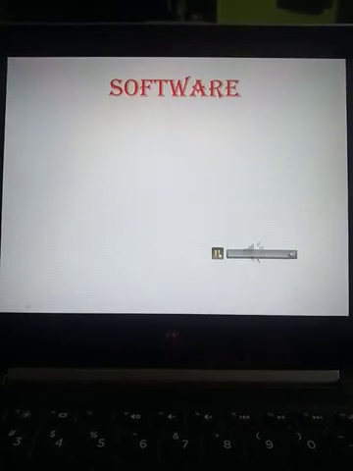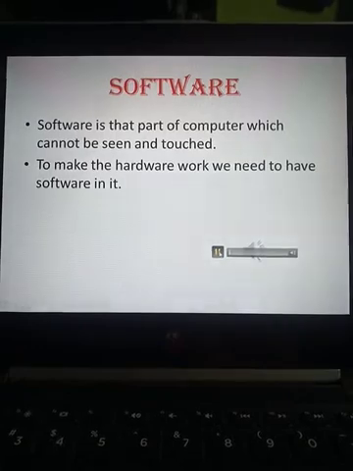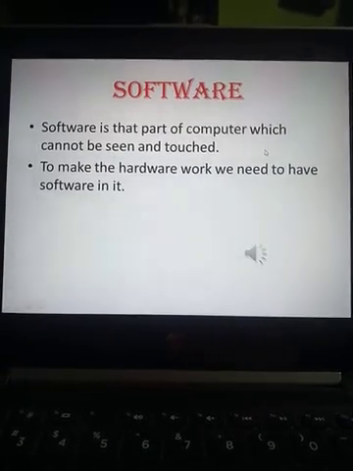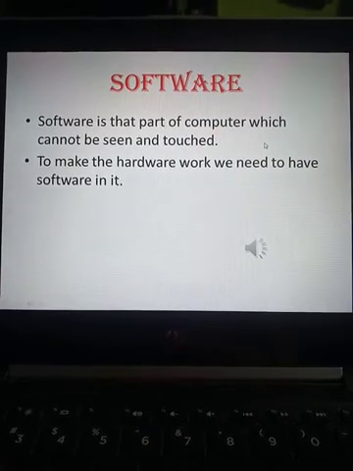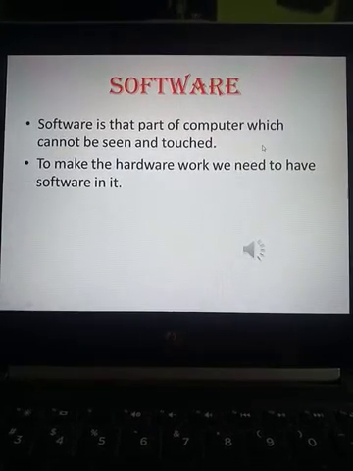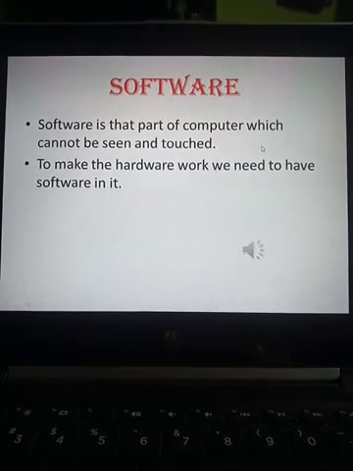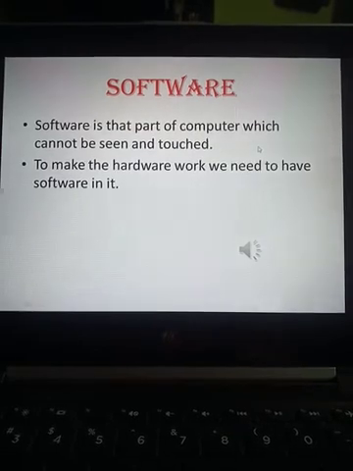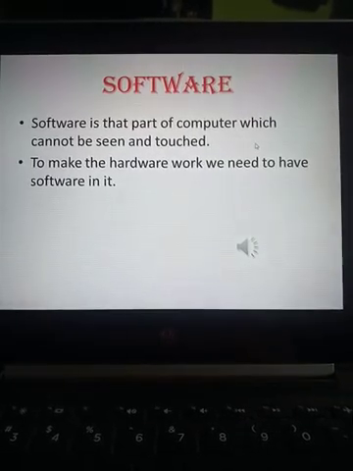So now we will learn what software is. Hardware, we all understood, is the physical part of a computer which can be touched and seen, like keyboard, mouse, and so on. And what is software? It is that part of the computer which cannot be seen and cannot be touched.